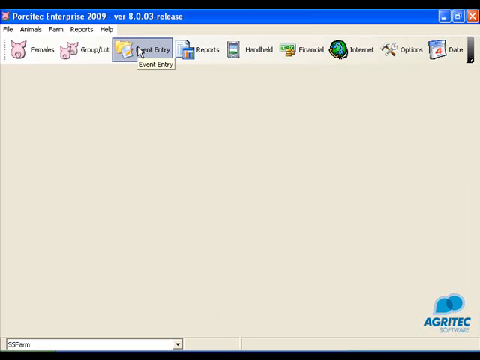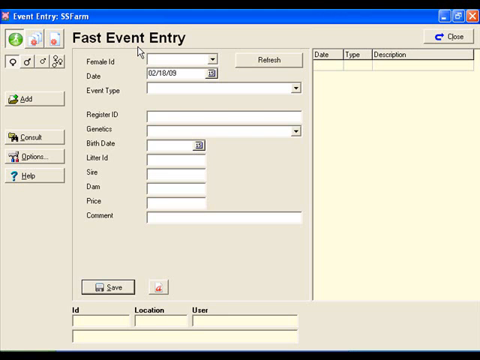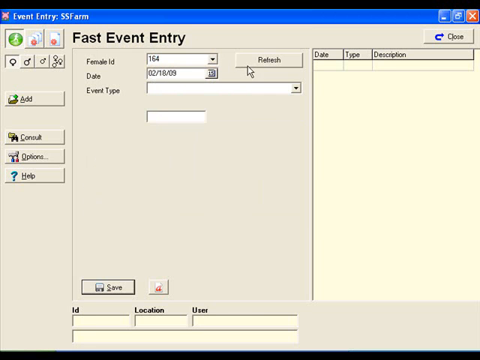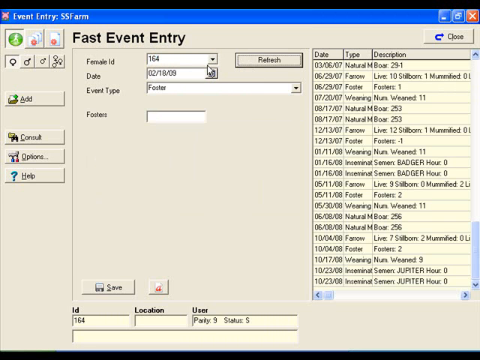Data entry, fast entry, which is sow ID driven, and if you simply want to work in fast entry and enter multiple events, such as from a sow card, this is probably the easiest method to use. There's for females, for boars, individual pig records, and for growing, group lot. The batch is also here, batch entry,